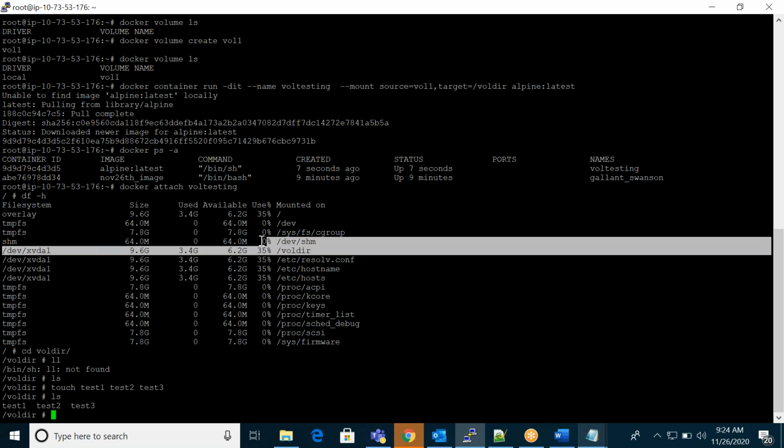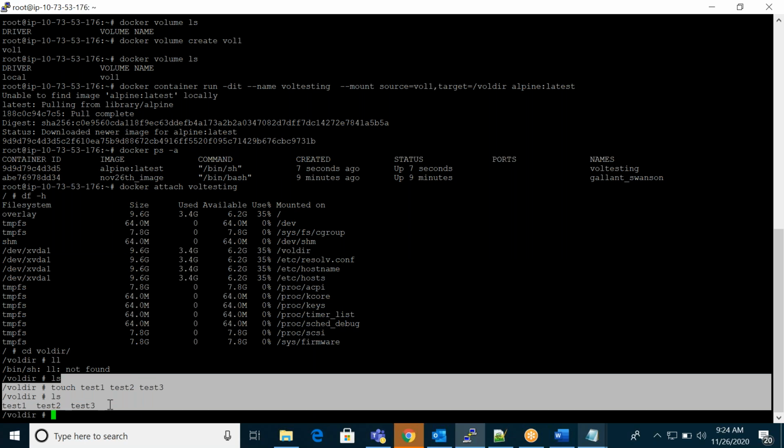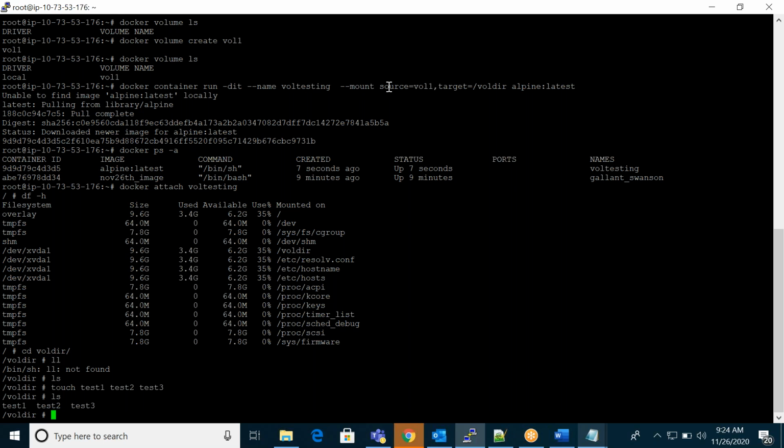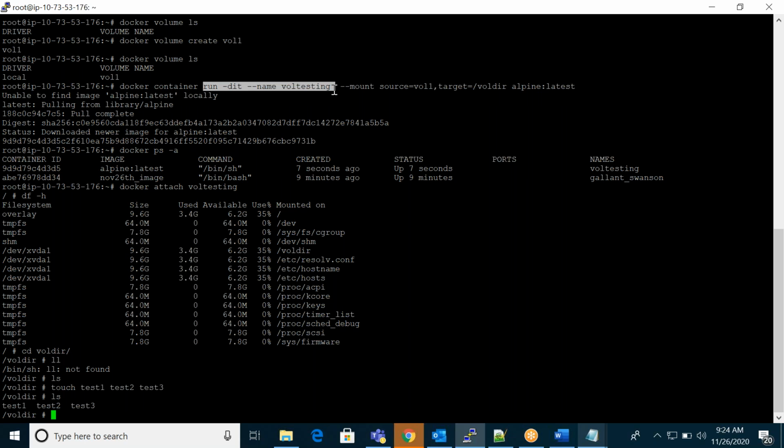Same thing I can see here. In my volume I have created some data, just assume some applications, so I deployed some applications here. Now I will detach this volume from here and mount it to a different container. There also you can see the same data.